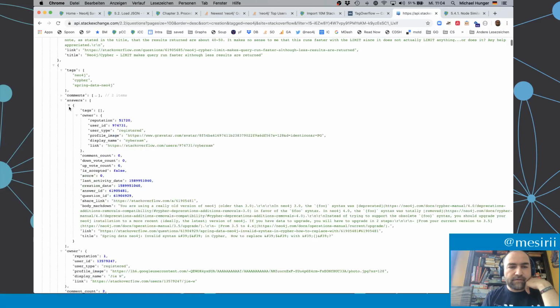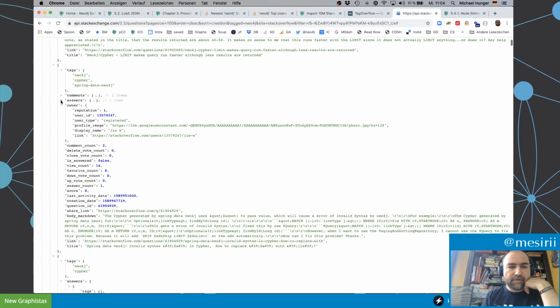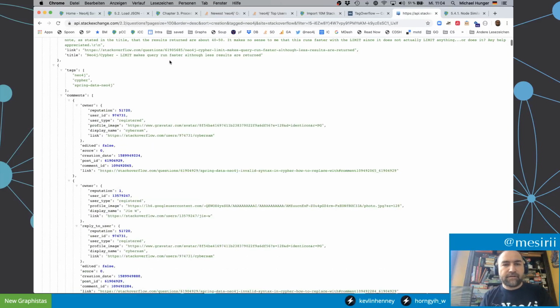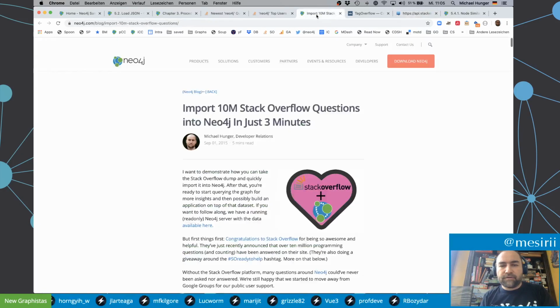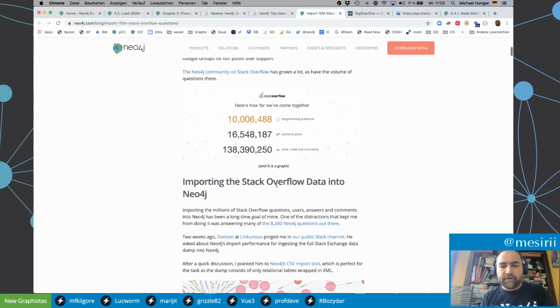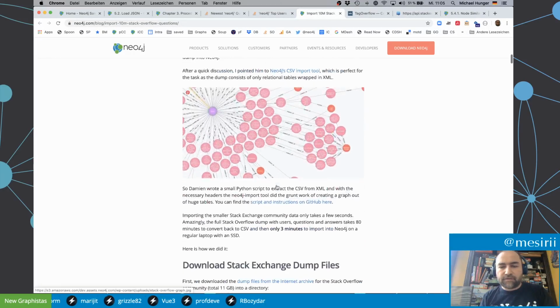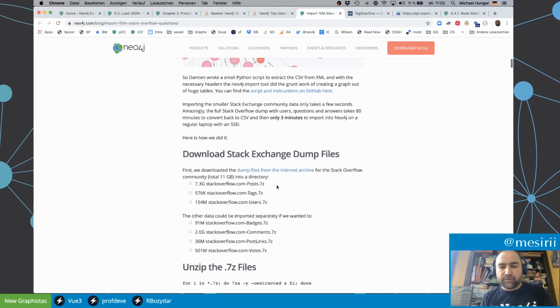So we can use APOC, my favorite utility library in Neo4j, to get this kind of data. By the way, if you want to look at larger data sets, you can also download the dump of Stack Overflow from Internet Archive, and then just use the Neo4j batch importer to import that. So I wrote a